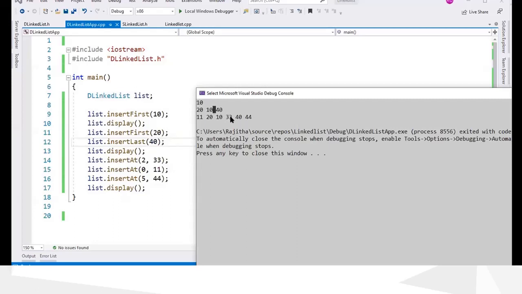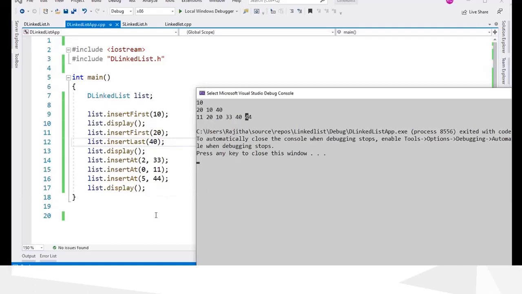So it is fine. And then we insert 0 position 11. 0 means the first position here, so it should come before 20. And we now have 1, 2, 3, 4, 5 places, and 5 is the last place, so you can see it is inserted at the end.